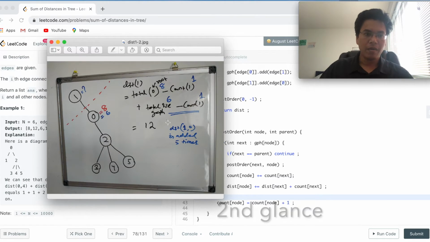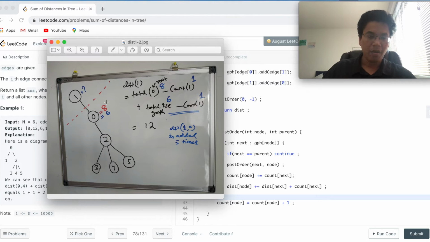Why the second part 5? If you see this, we are actually adding this 5 times. Distance of 1, 0 is getting added 5 times because of these 5 nodes. When we already have the second half and we are adding another node, distance of 1, 0 is getting added 5 times, because distance of 1, 2 contains 1, 0, distance of 1, 3 contains 1, 0, distance of 1, 4 contains 1, 0. So every path that you are seeing here actually contains distance of 1, 0, which is 5 times, right? That's what we are adding here, okay.